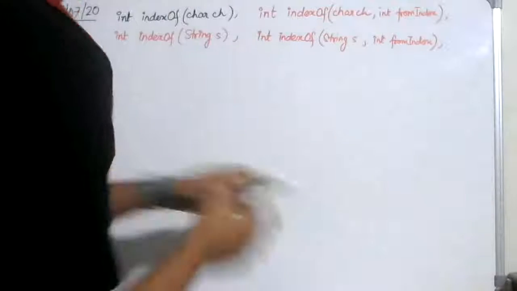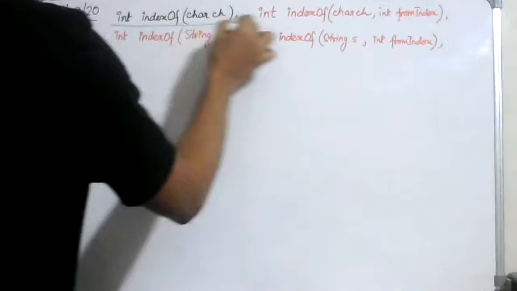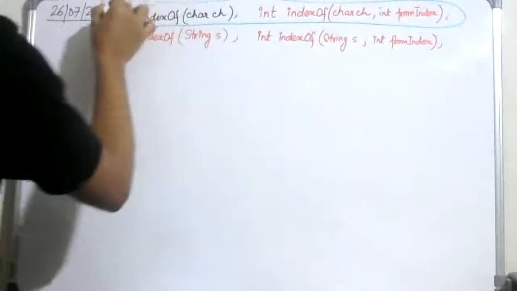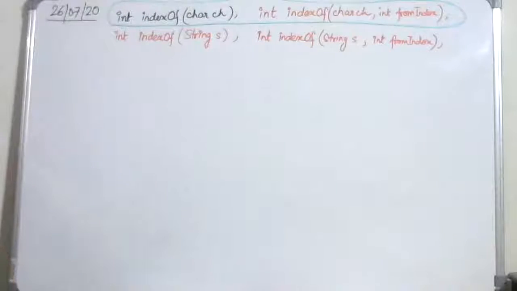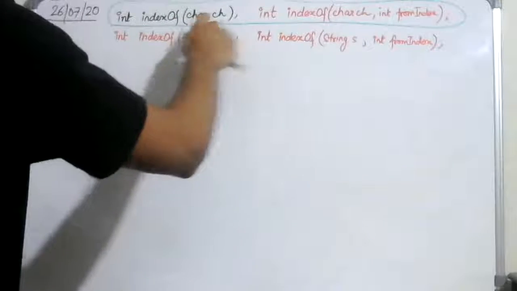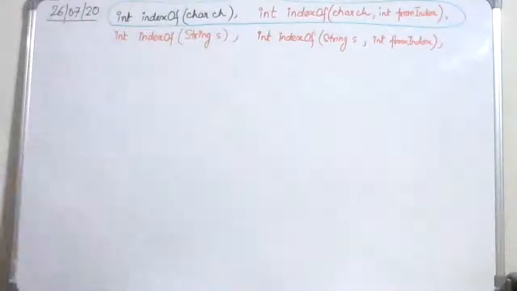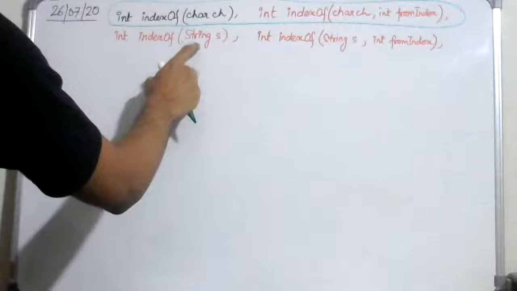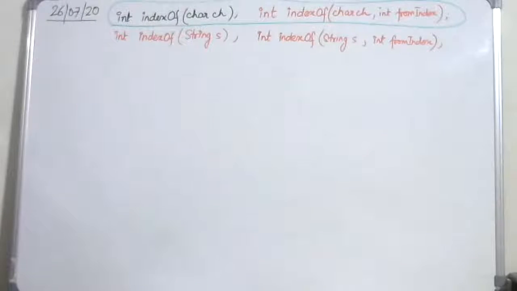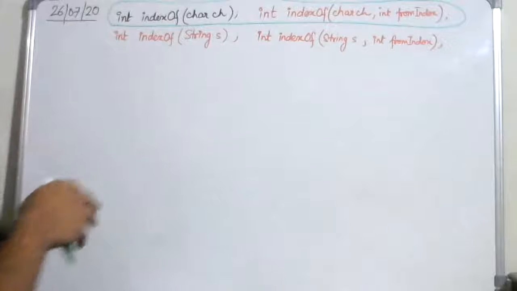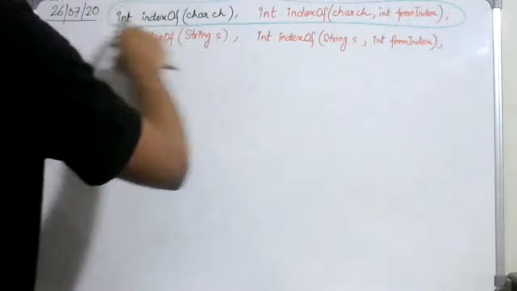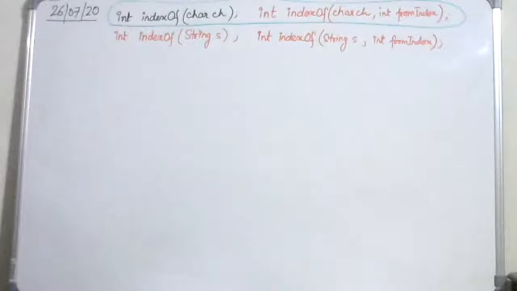So we will be using this particular variation. The string variation will not be used that much, but we will nevertheless study how it works. We will be using the character version, the one that takes a single character as an argument. In certain cases, we might have to use the string version, but it's very rare. It depends upon the programming question that you have been given. So we will most often use the one that takes a character as an argument. We'll be using both of them.